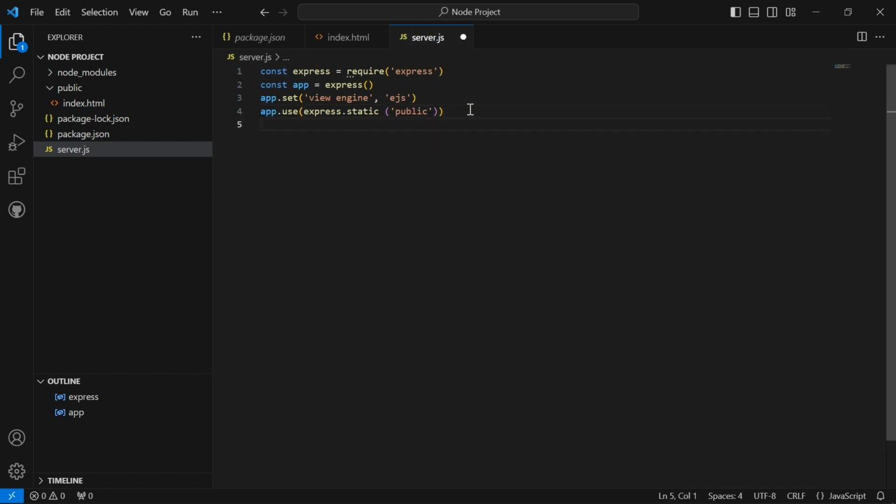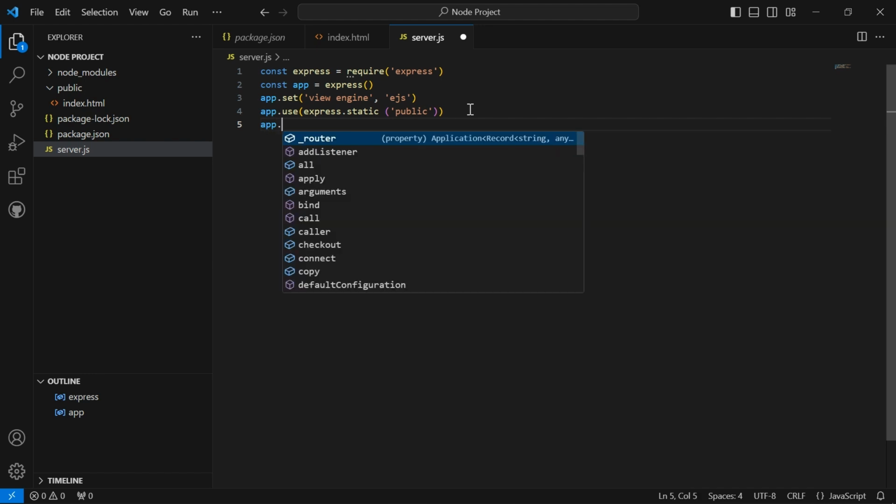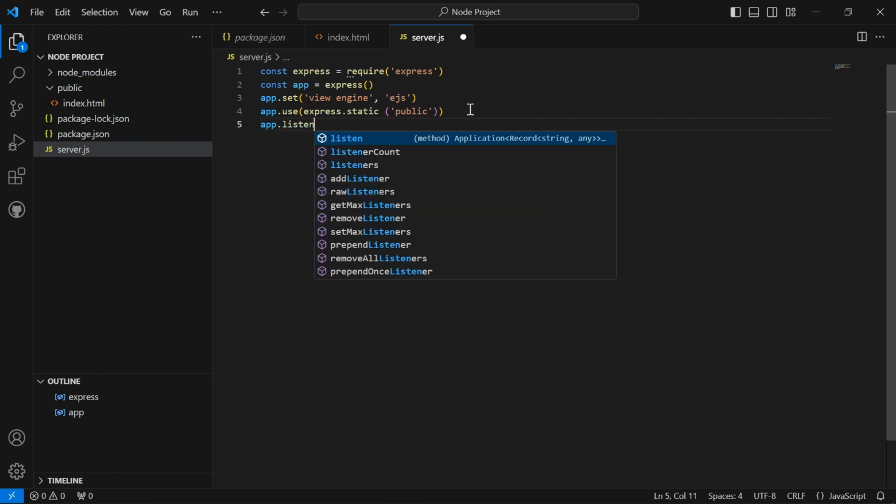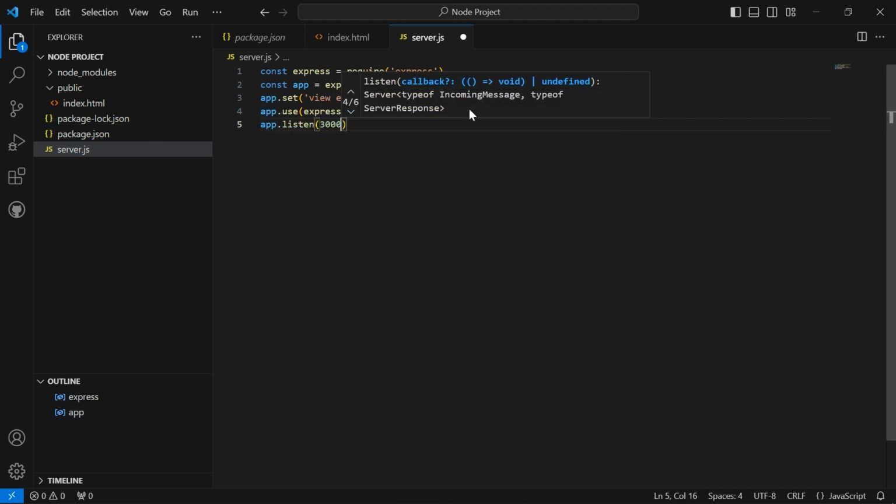Next, let's listen to a port on our local system. I'm going to use 3000, and you can use a different port, but let me use 3000.